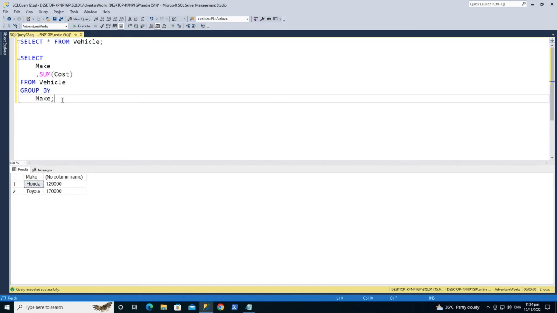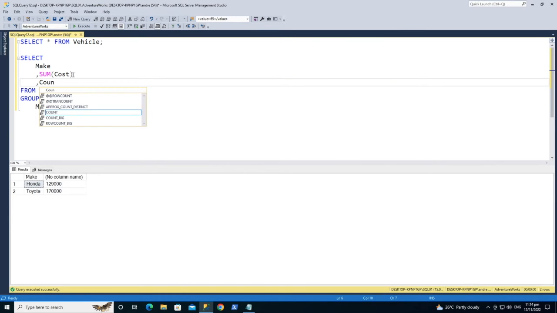So if we were interested in seeing how many records exist in the group in Honda, we can actually add a count function to this statement. So what we would do is add count, and with the count function, as we know, we can name a specific column, or we can use the star, or use any value, because the counting would just iterate over every record and add 1 to it. So in this case we'll just use 1,